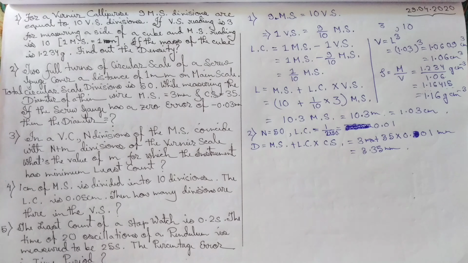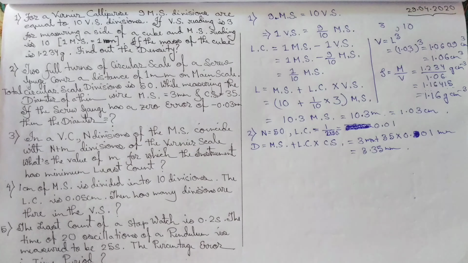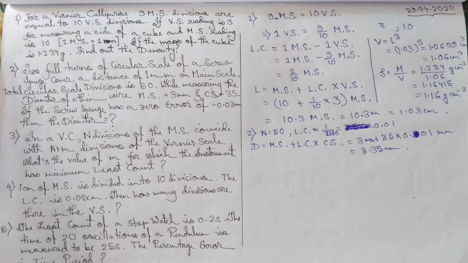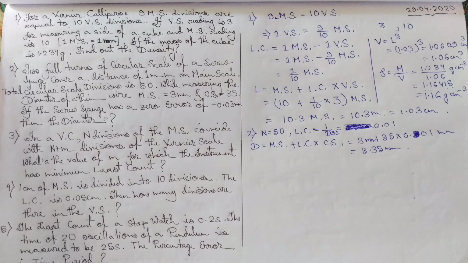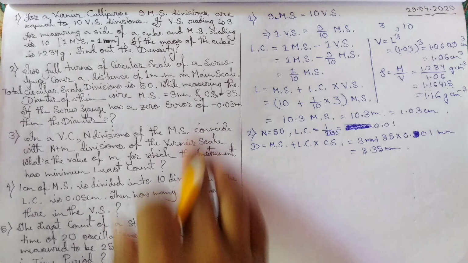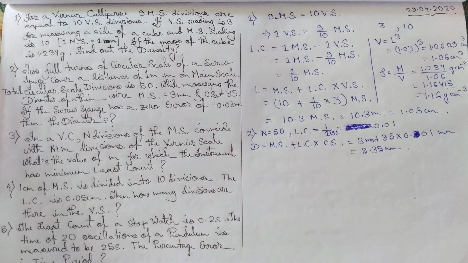You have to wait a long time, because in this lockdown situation I cannot collect or arrange a screw gauge or vernier calipers. But after some time I will definitely arrange the vernier calipers as well as the screw gauge, and I will create a separate video on that. It will be totally on the practical side, how to use the vernier calipers and the screw gauge. From there you can easily realize physically what zero error is and how to use them.